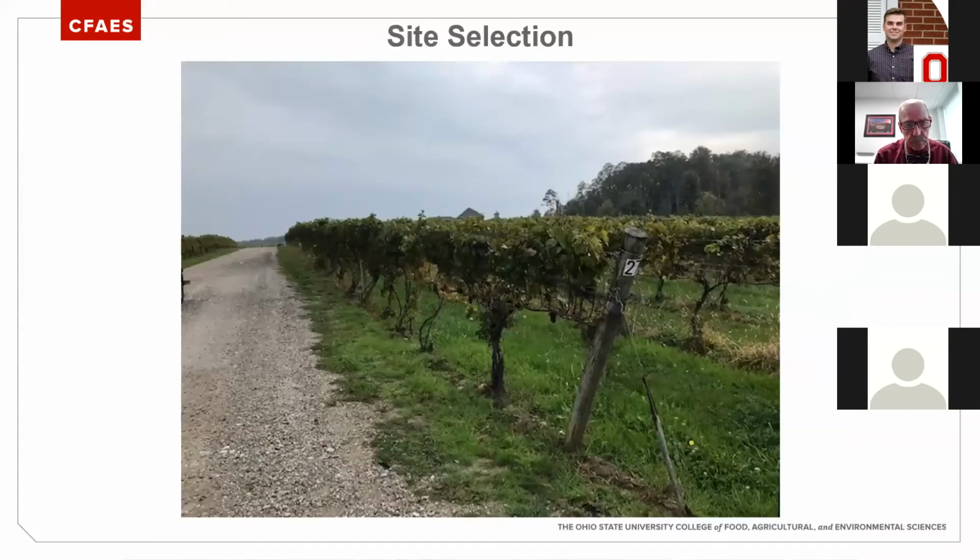Next slide. So basically, if you have not put your grapes in, site selection is really important, but Andrew hit it right on the head. There's no way to know what the soil is like unless you test it. So pretty much your site selection is going to be based, a lot of the time, on